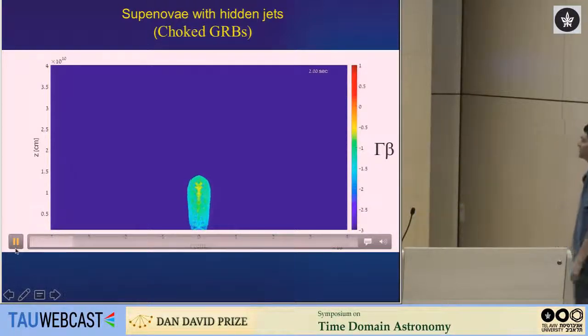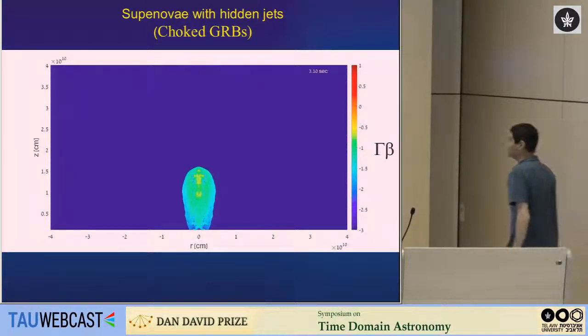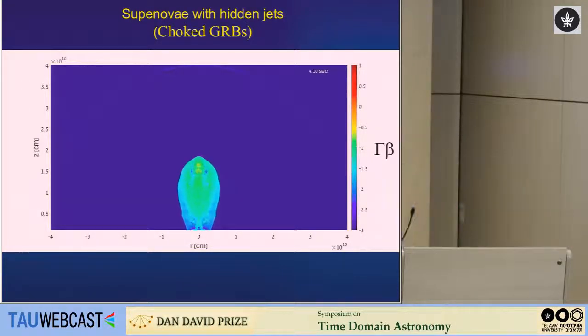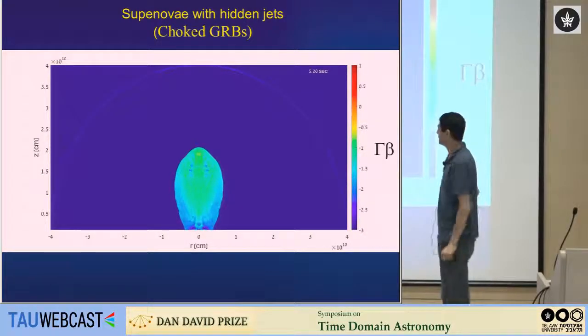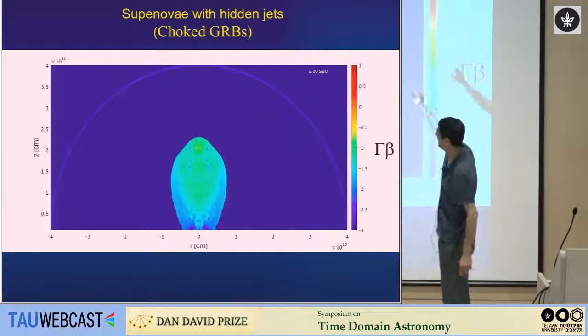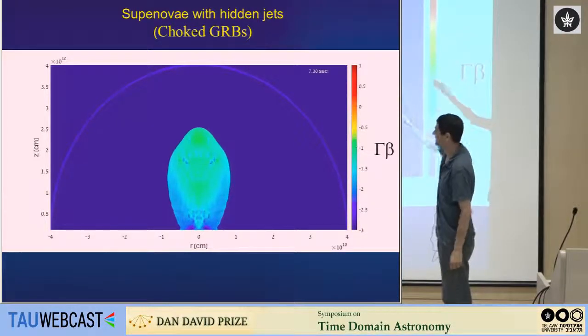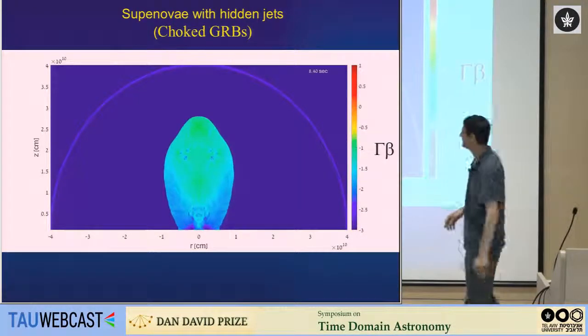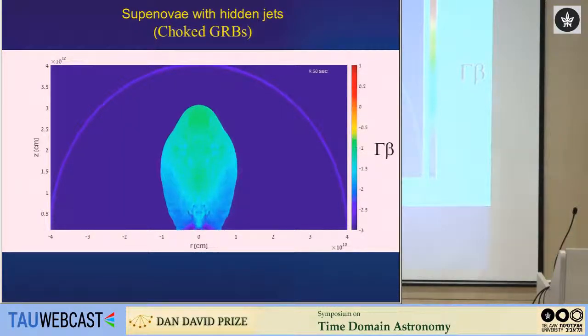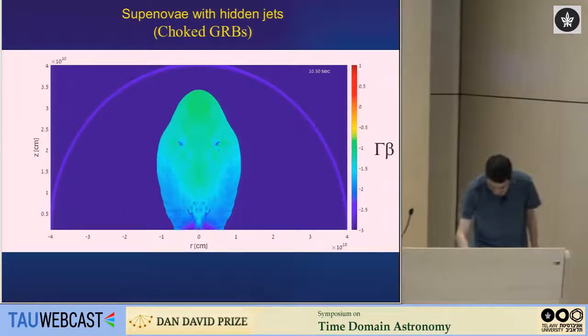So there is a cocoon, and you see the cocoon continues to expand. It's actually not becoming spherical very, very quickly. And it continued to expand. Now you see the edge of the star. It starts accelerating because of the gradient in the density of the star. It's relatively narrow, collimated. Also at the time of the breakout,